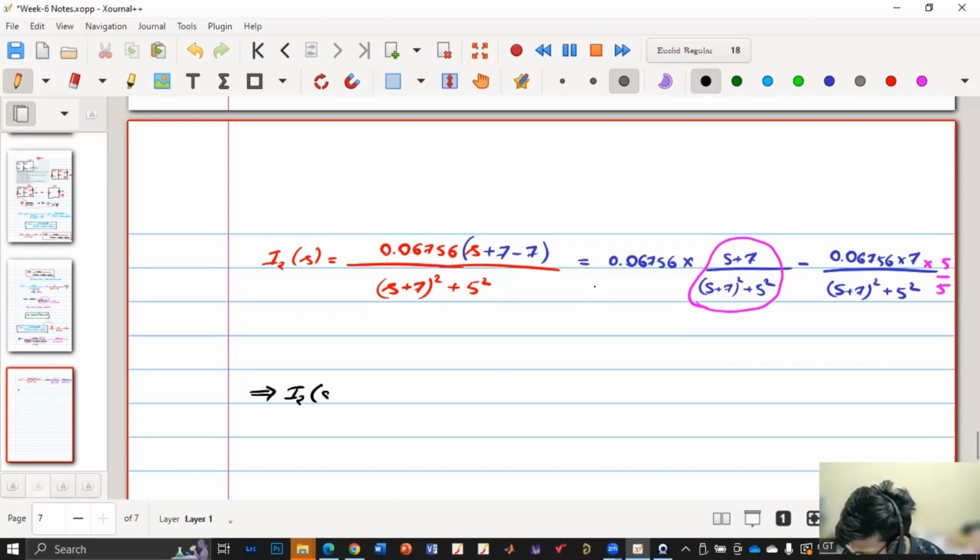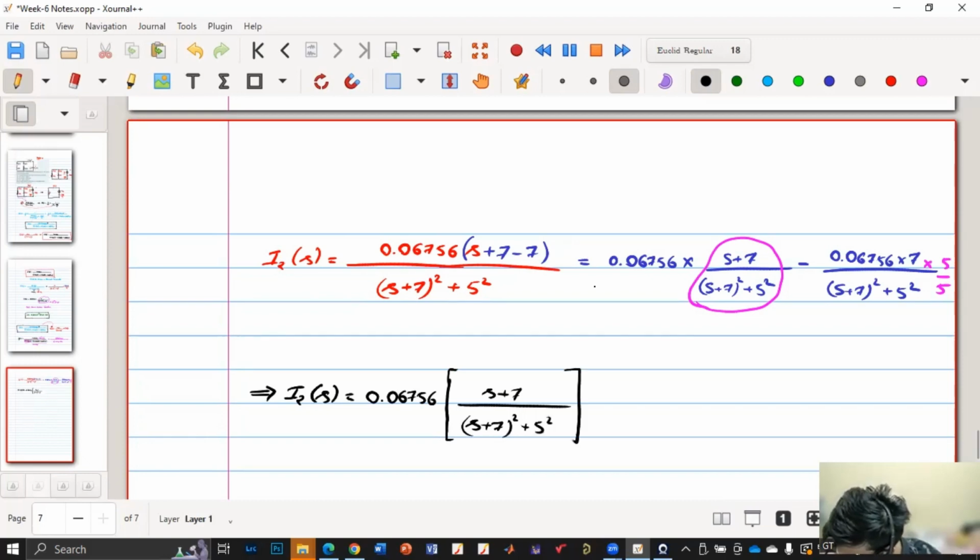So I2 of S is 0.06756 into S plus 7 by S plus 7 whole square plus 5 square. So this is my first term. Second term will be